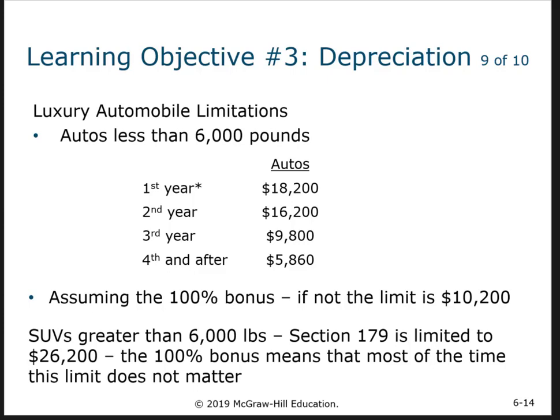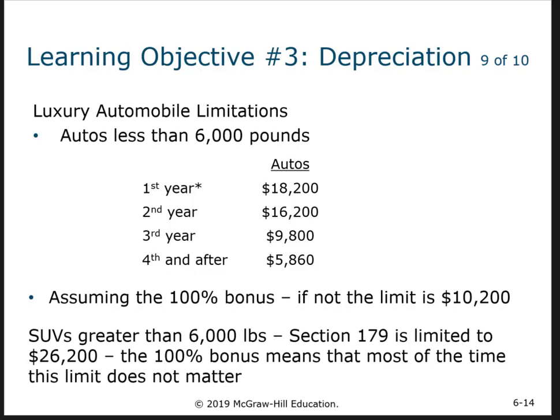That is, if you are going to use the bonus, you still only get $18,200. So if your car costs you $20,000, you can only deduct $18,200 in the first year. If your car costs $100,000, the maximum you can deduct in the first year is $18,200. If you don't use bonus depreciation, it's only $10,200. So if you buy an auto for $100,000, you would depreciate at $18,200 in year one, assuming the bonus,